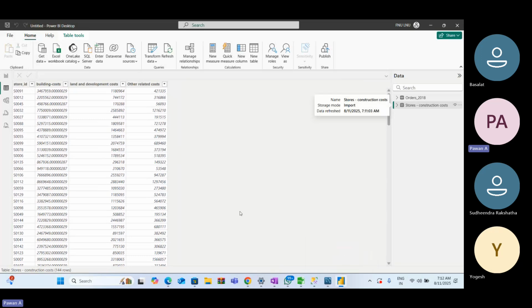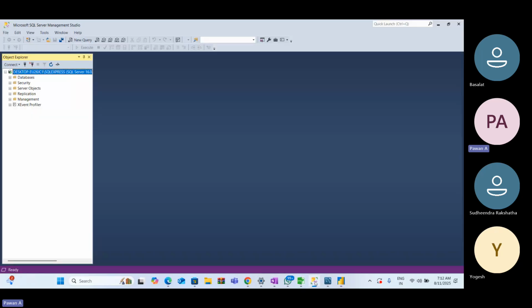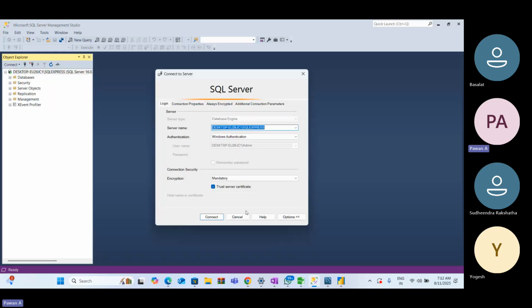So first of all, I need to make sure that the SSMS or MySQL, whatever the source I'm bringing the data from, is running in my system. Okay, so I have the SSMS running here. I've opened it. Let me just connect to it,